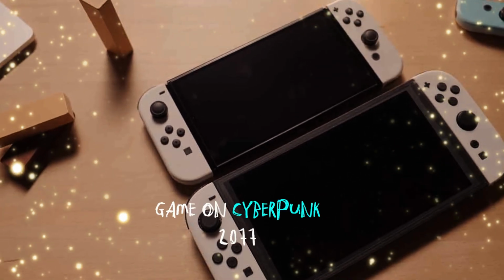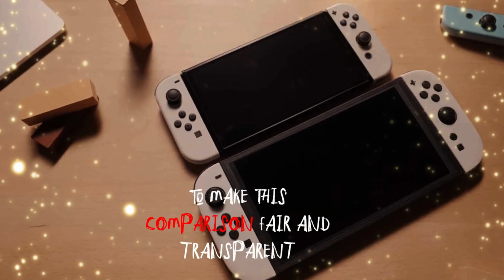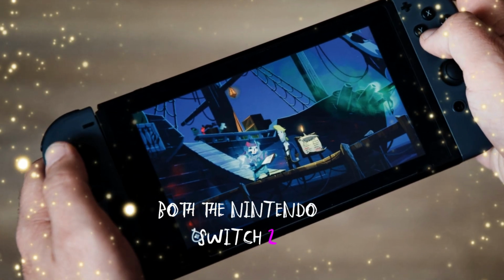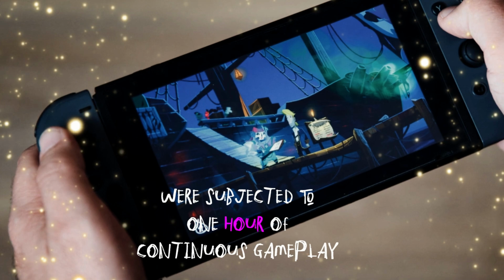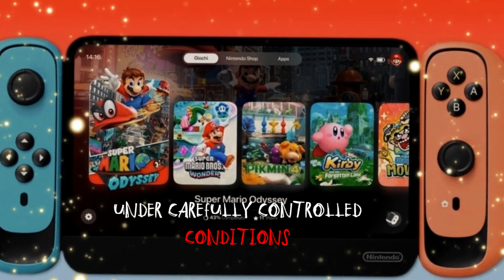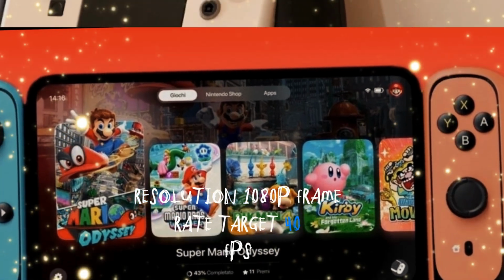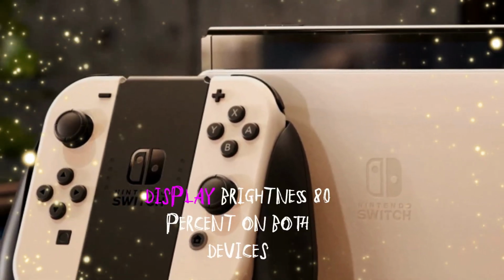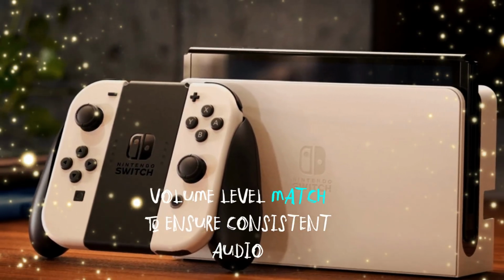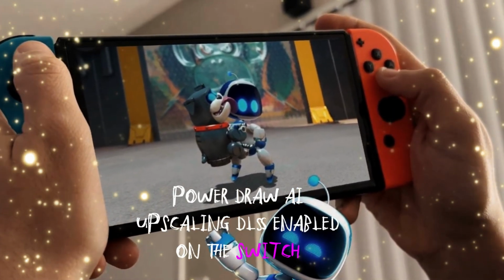Game on. Cyberpunk 2077, the ultimate handheld stress test. To make this comparison fair and transparent, we set strict testing criteria. Both the Nintendo Switch 2 and the ROG Ally X were subjected to 1 hour of continuous gameplay in Cyberpunk 2077 under carefully controlled conditions. Resolution, 1080p. Frame rate target, 40 FPS. Graphics settings, medium. Display brightness, 80% on both devices. Volume level matched to ensure consistent audio power draw. AI upscaling, DLSS enabled on the Switch 2,